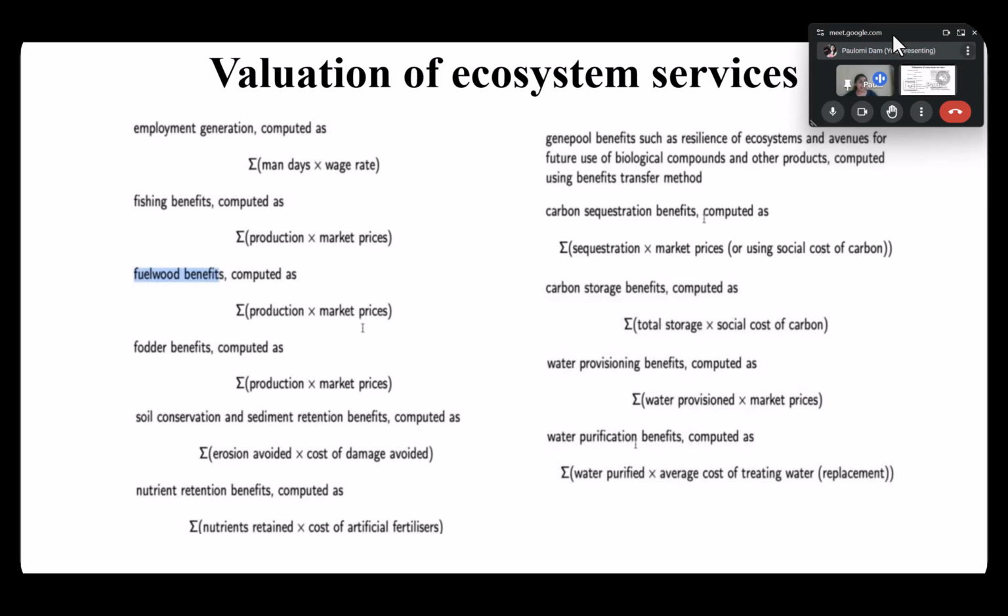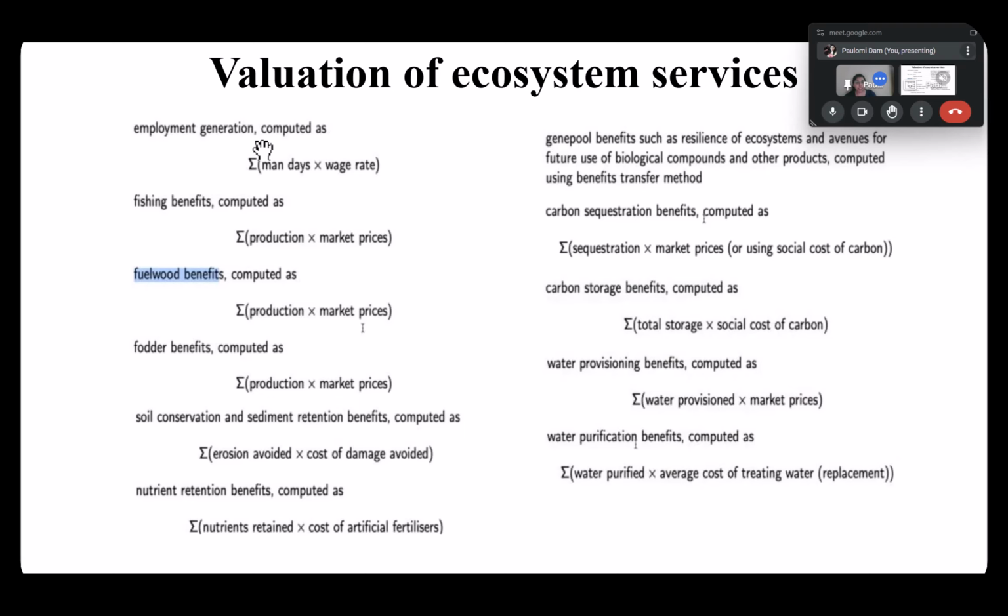So as discussed in the lecture also, if you are putting up any ecosystem service, you have several things that you need to consider. For example, employment generation. How many men do you need? How many days are they working? What wage rate do they have? Why do you need employment? You need employment because of fishing, and even if you have a normal farm, you need farmers, you need people who are cleaning the places. So how much money are you spending on them? And how do you reap that money back?